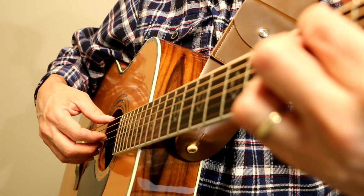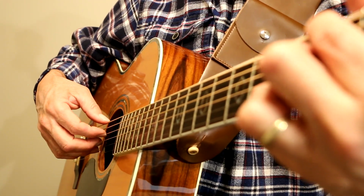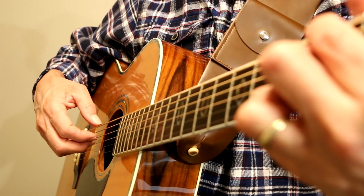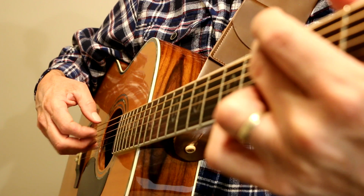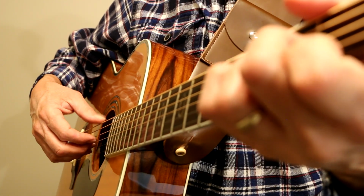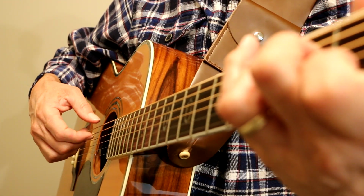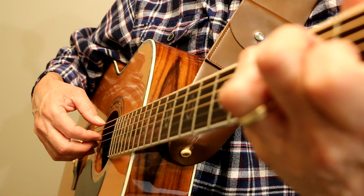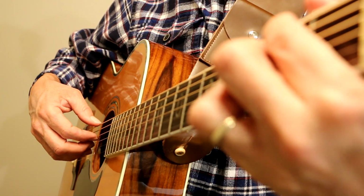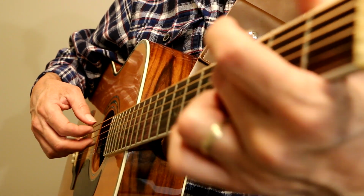Let's talk about what we do right there. I'm playing the low E string and the second, third, and fourth strings, B, G, and D string. G chord, playing the same strings here. A minor, of course my thumb goes down to the A string. And now we're doing the A minor with a G bass, D with an F sharp bass. All they are is G, dust in the